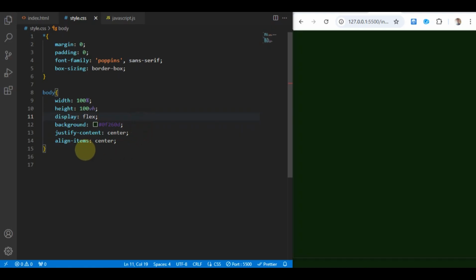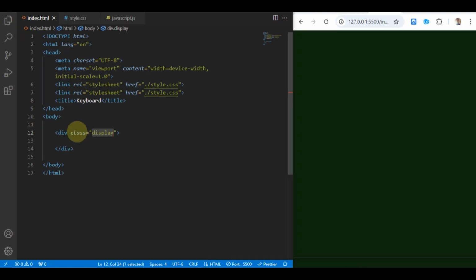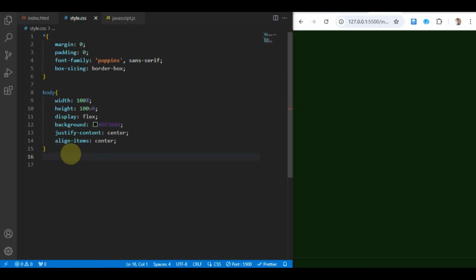Okay. This has already changed, and now we need to go back to the index.html file for a moment, and from here we need to get the class name for these elements, because we will apply CSS properties based on this class. So just copy this class name from here and come again to our style sheet and paste it here. And for this display we will give width 50%